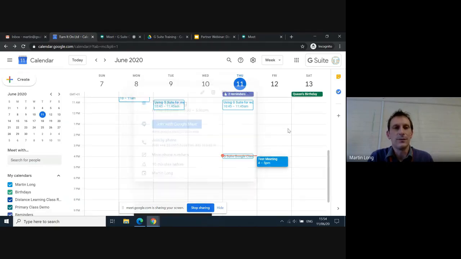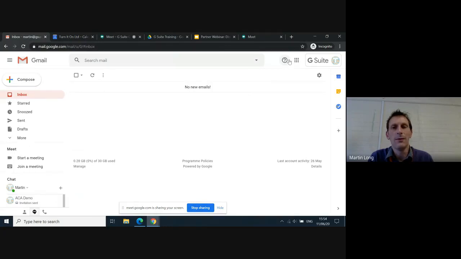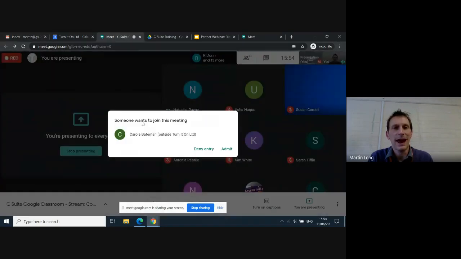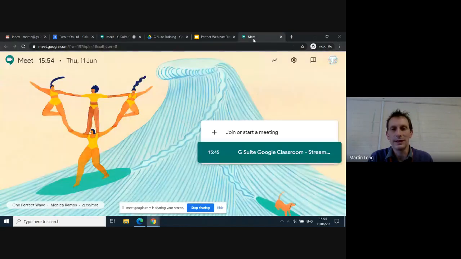If I wanted to, from over there in my Gmail, for instance, that's where I was, I could click on the Meet, and it would open another tab. I'm using Meet now itself there, but here's a Meet that I'm not using. And I could either join a meet or I could start a meet, and it exists in its own app,